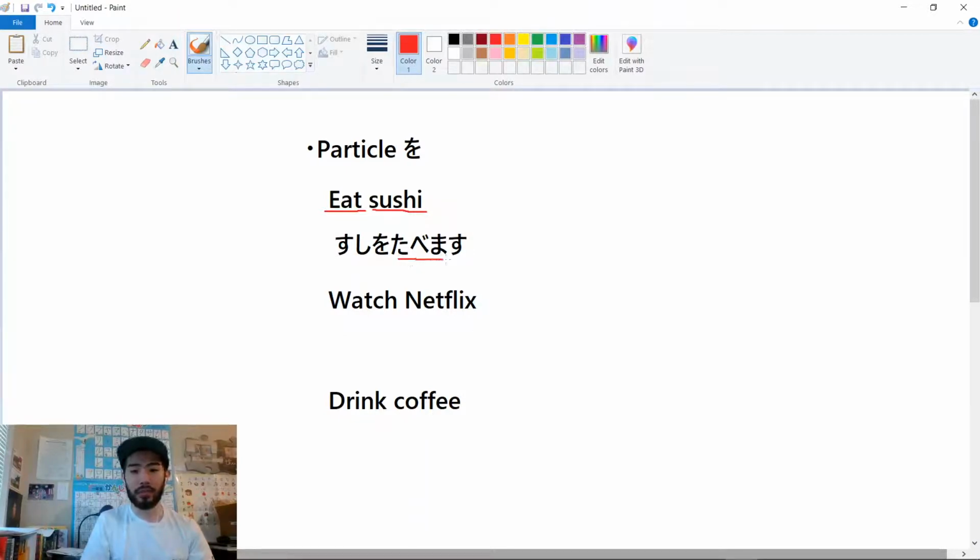So when you have an action, 食べます, and also a direct object, they will be connected by the particle を. Okay, 寿司を食べます。